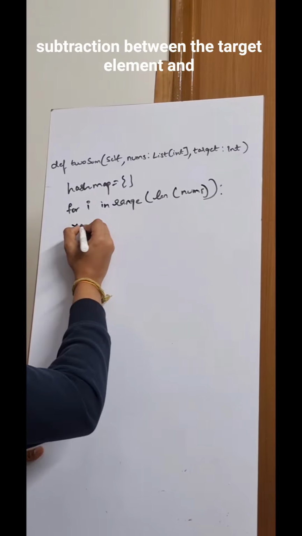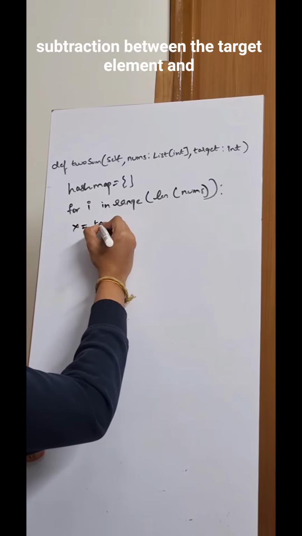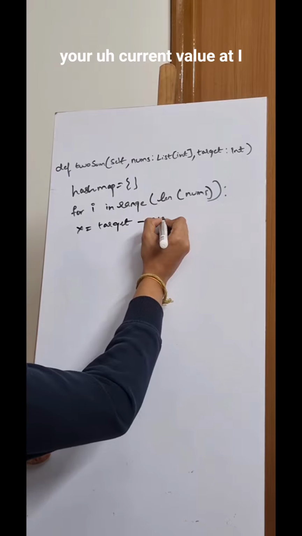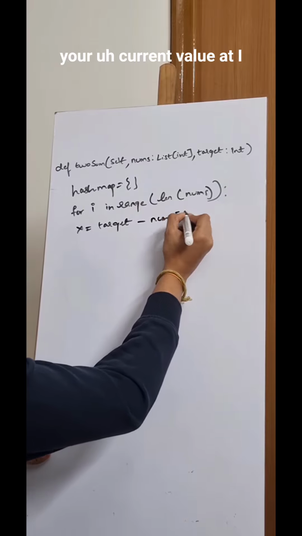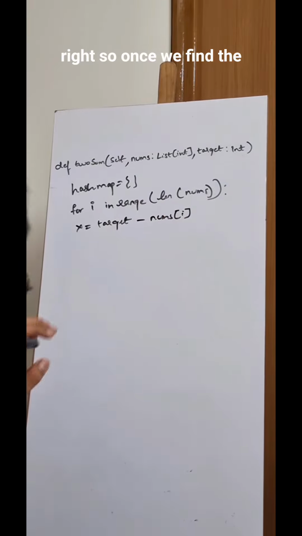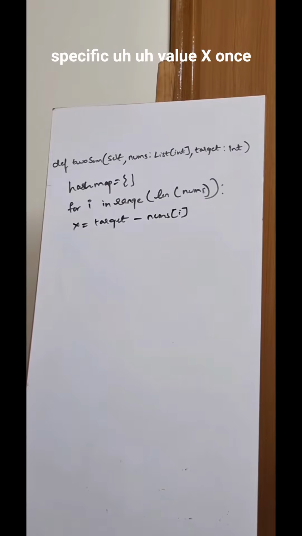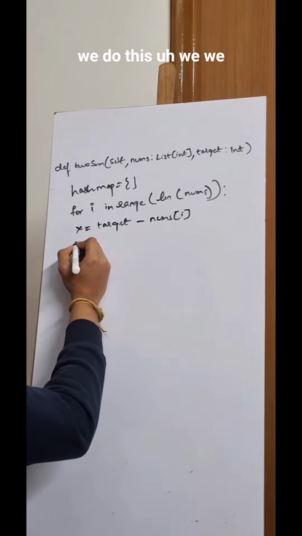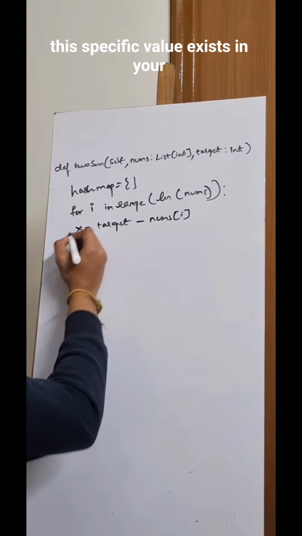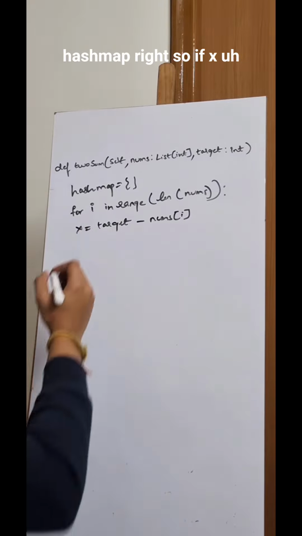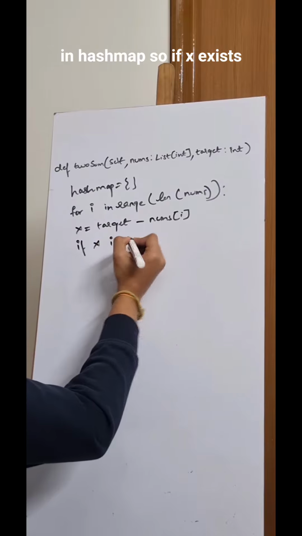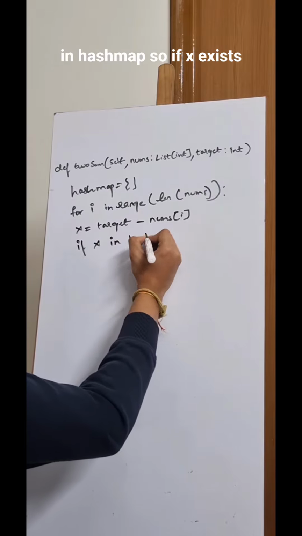And first we find the subtraction between the target element and your current value at i, right? So once we find the specific value x, we should first check whether this value exists in your hash map, right? So if x in hash map,